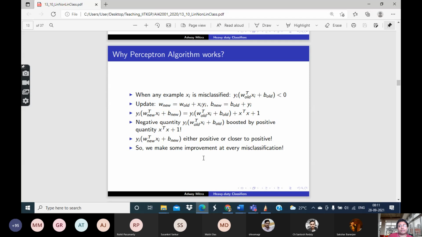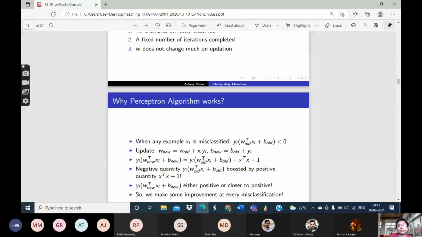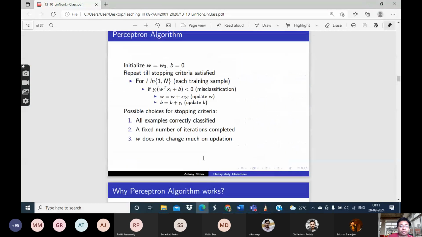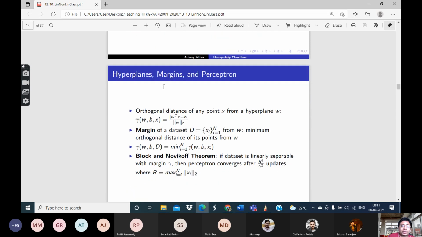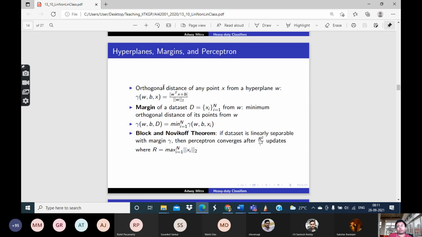Of course, we are talking about only the training set. As we know, doing well on the training set is not enough, as it risks overfitting. So for that you need to take all the necessary precautions, like doing k-fold cross validation, etc. But we are not talking about that. We are talking about only the training algorithm on the training set. And now let us come to another concept.